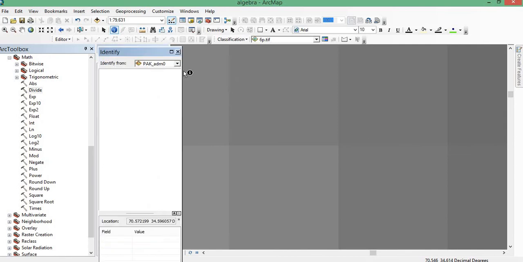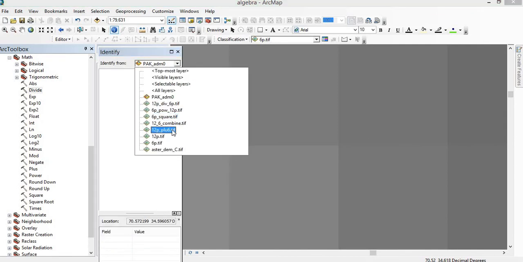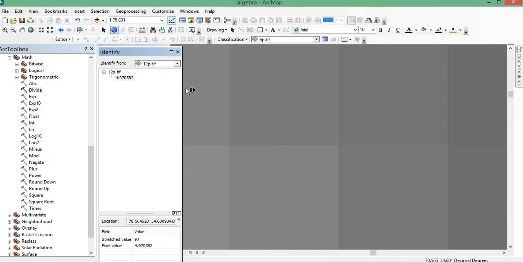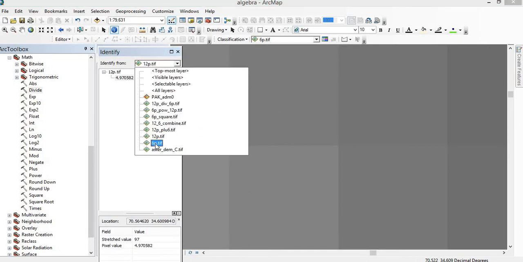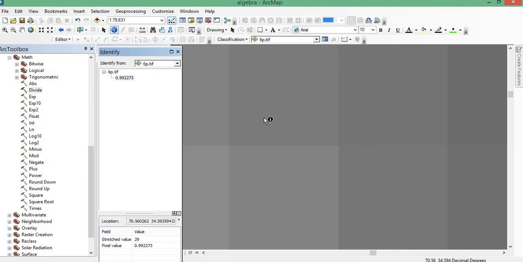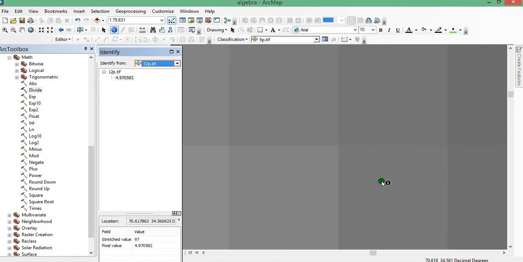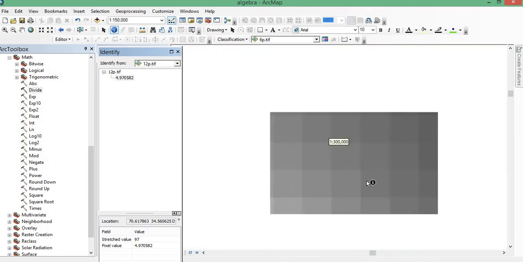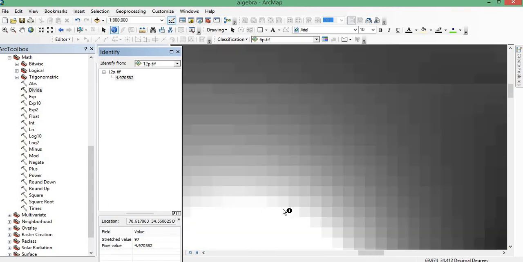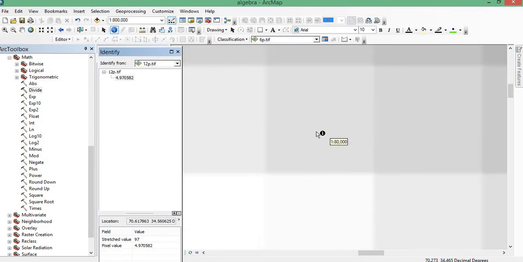Now what is the value in 12p? So the value in y is 4.97 divided by 0.99. So for example, here 12p is 4.97. So we have to go to any other location like this one, this pixel. 12p is